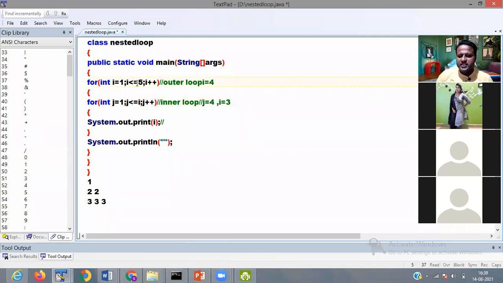Then i value is again incremented to 4. 4 is less than 5, condition is true, then j value 1, i value is 4. So 1 is less than 4, condition is true, then it is printing you 4. Then j is incremented to 2, 2 is less than 4, condition is true, then again 4.